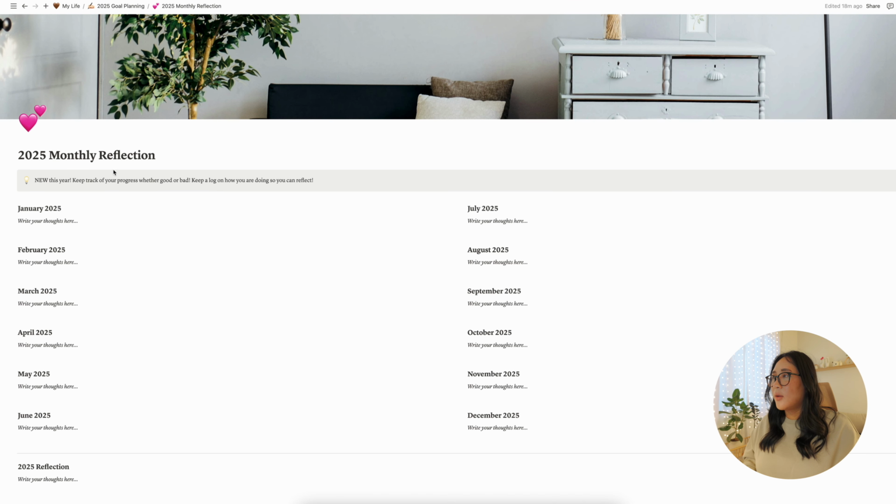Obviously, this 2025 monthly reflection won't happen until 2025 hits, but for this, just make sure you keep track of the goals that you set for yourself and reflect on each goal that you had set during that month and say, oh, this month is super busy because of this. This month I tried, but I got tired. Or this month is summertime, I ended up traveling more than I needed to. Just be aware of why you couldn't do your goals or why you did do your goals. So that's something you can do after you figured out all the stuff.